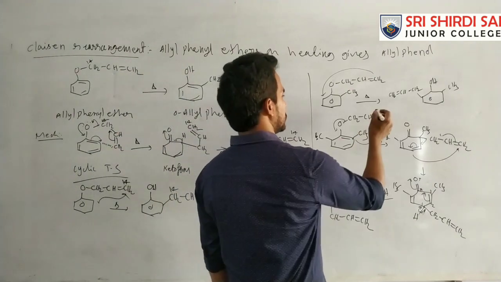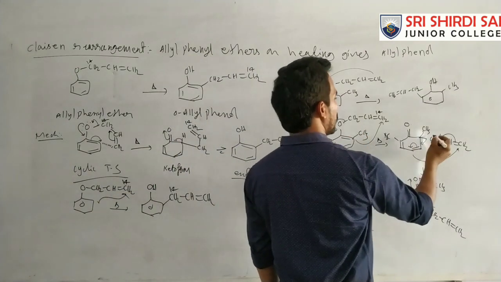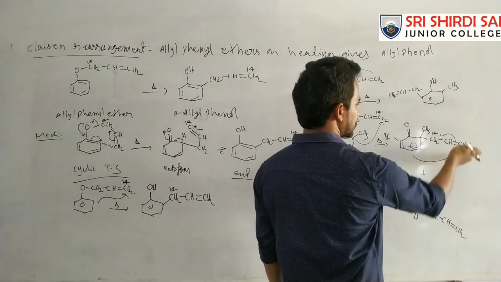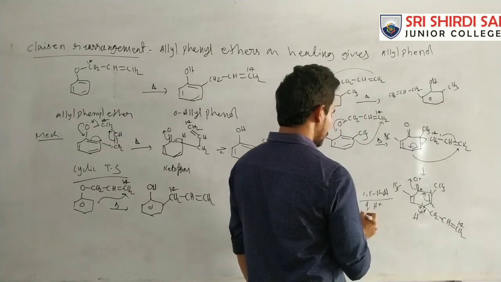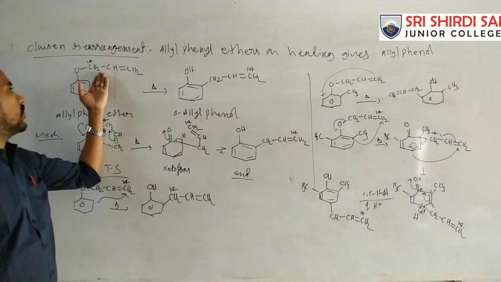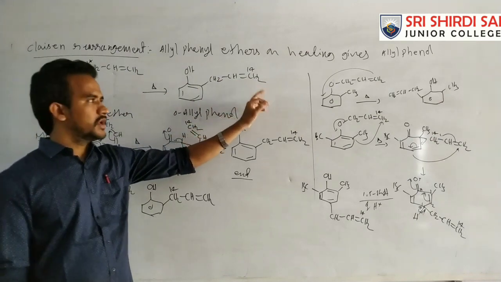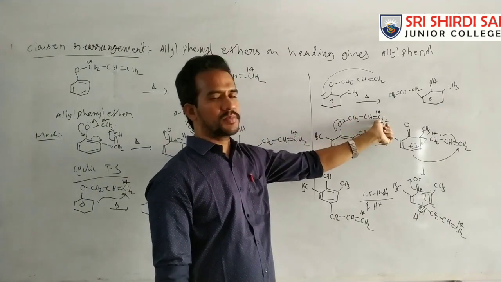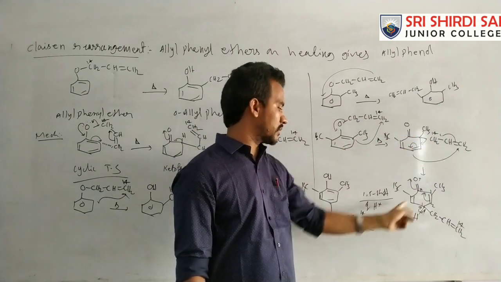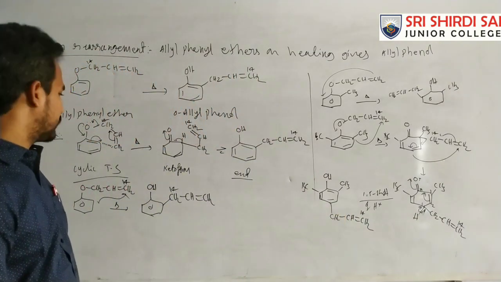Now suppose it is a C14 carbon in this case. This C14 carbon forms a bond with the benzene ring. Then it migrates again, so the C14 carbon position is the same, because it migrates two times. Generally, when it migrates only once, the CH2 C14 comes to the terminal position. Here, since it migrates two times, the terminal carbon forms a bond, and on migrating again it becomes a terminal carbon once more. This is an important point. So it is a Claisen rearrangement.